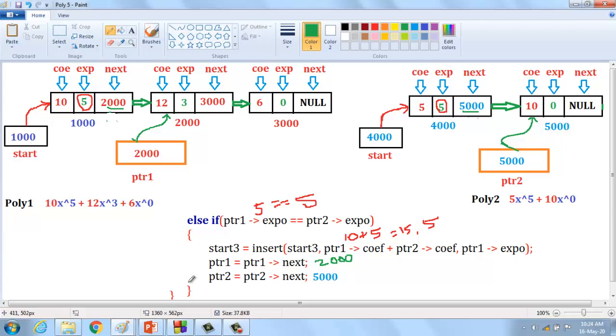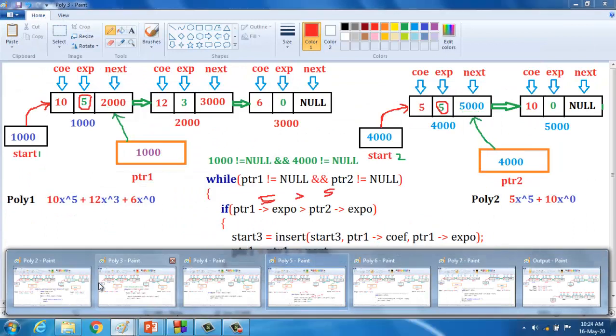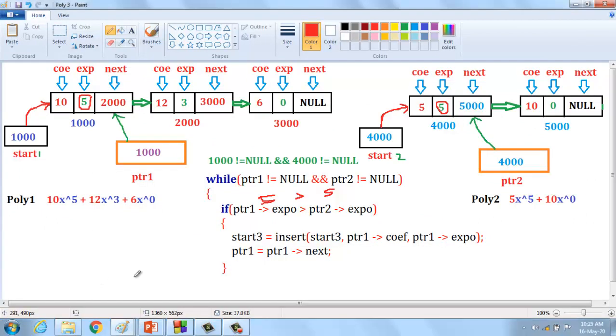Again, the else if part is over, come out of the loop and check the condition again. Condition means again they are going to check the while loop. My pointer is pointing to the second node in the list. This is the same scenario. Here also it should be changed.